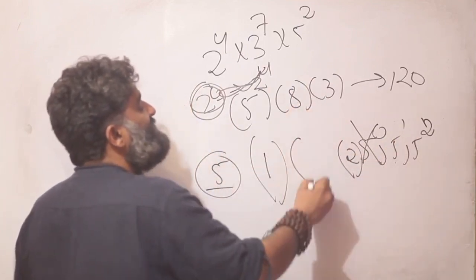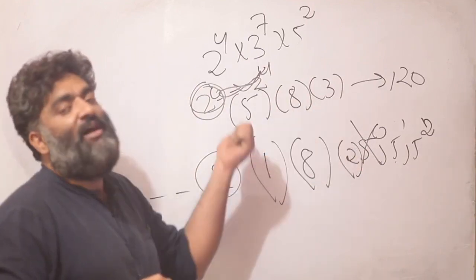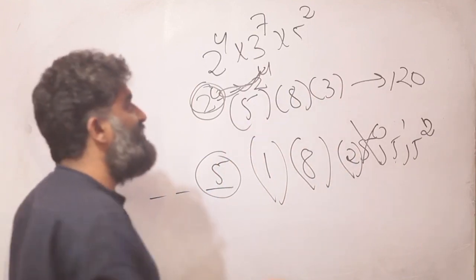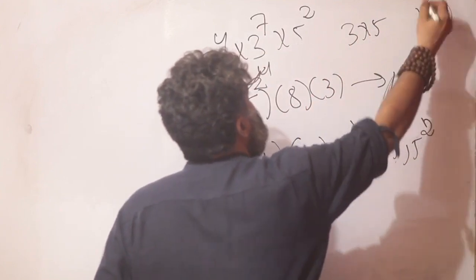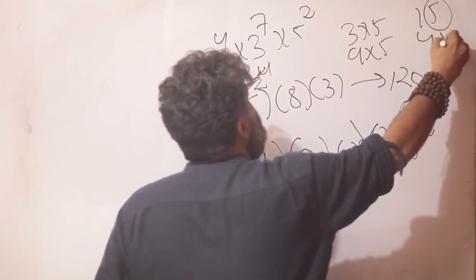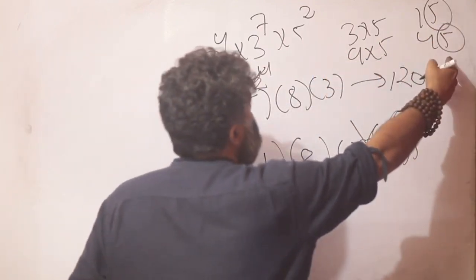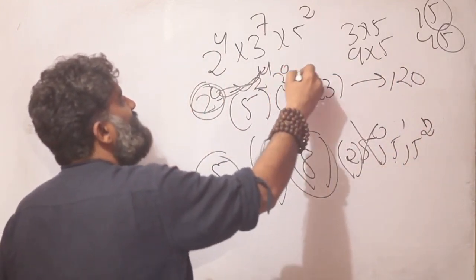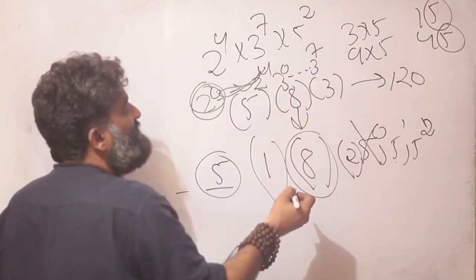What about the 3's? Can I use all of them? Yes, I can use all of them, because no matter the power of 3, if you multiply it to a 5, you will get the 5 as the last digit. So think about it, 3 into 5 gives you 15, last digit 5. If you do 9 into 5, you will get 45, last digit 5. If you go for 27 into 5, once again you will get 5 as a last digit. So all the possibilities from 3 raised to 0 up to 3 raised to 7 are acceptable. That means 8 overall possibilities.